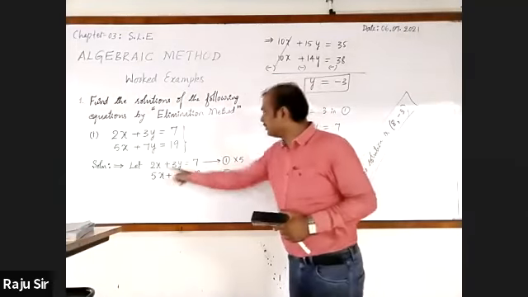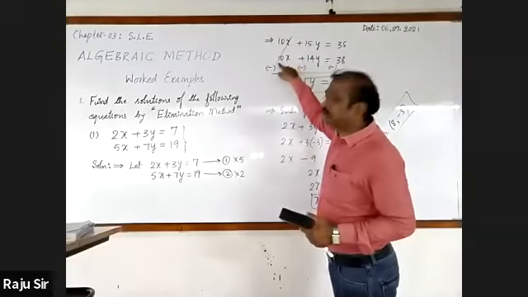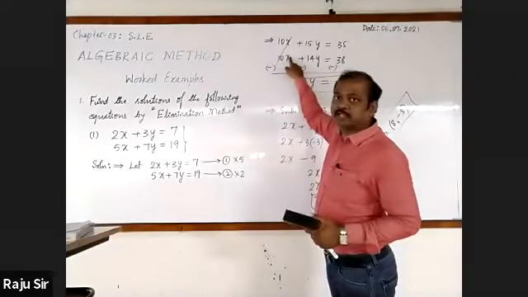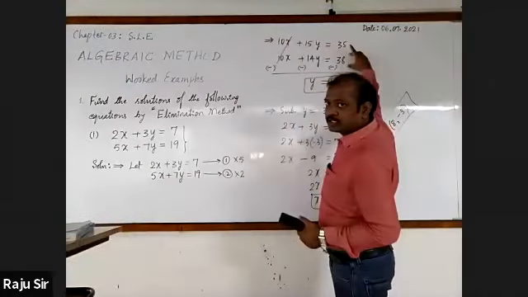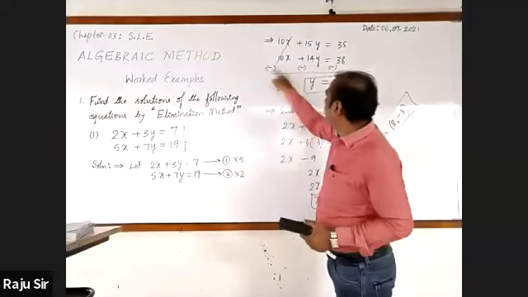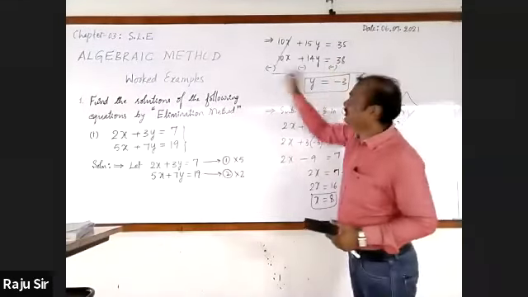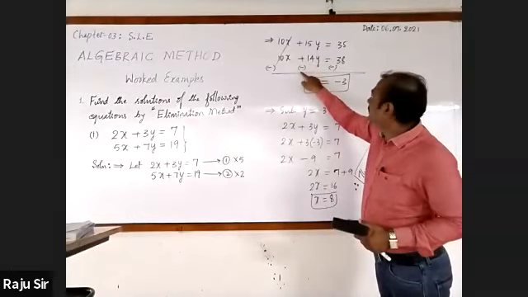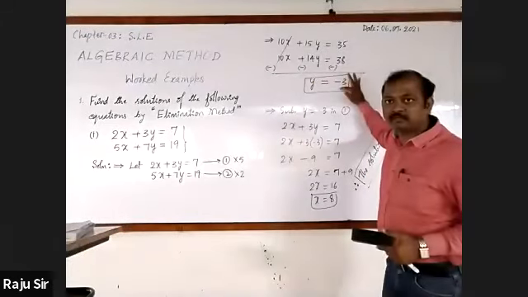On multiplying, you'll get two new equations with the same coefficients of x. Here, plus 10x and plus 10x cannot be cancelled, so I am changing the sign, meaning I am subtracting the whole second equation from the first equation. So the signs will be changed. Here plus becomes minus, this plus becomes minus, and this plus becomes minus. The first term gets cancelled. 15y minus 14y is y. Then 35 minus 38 is minus 3.